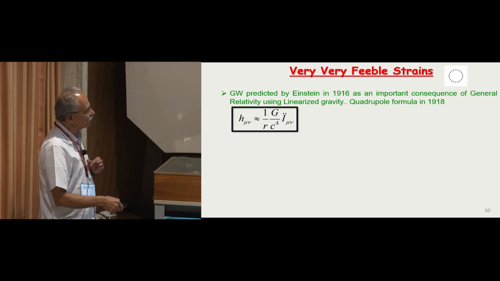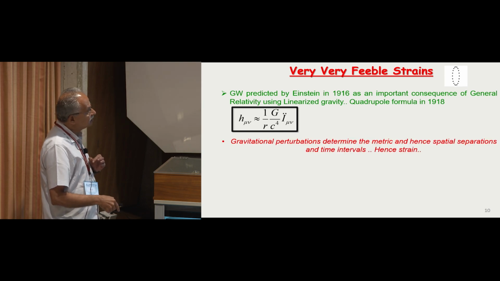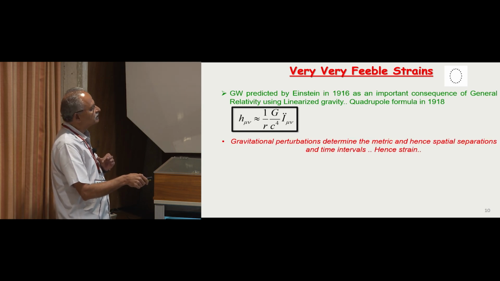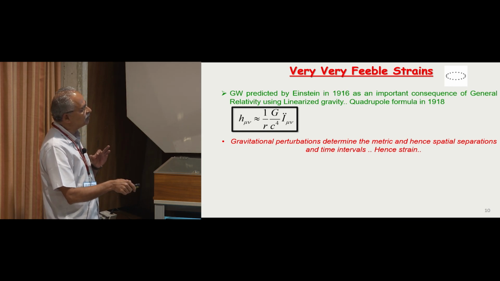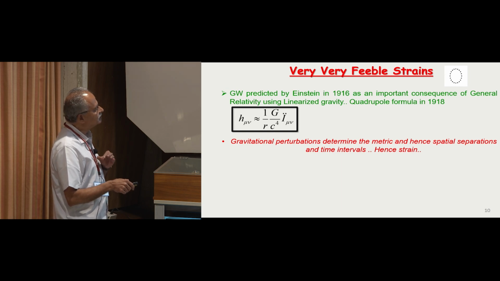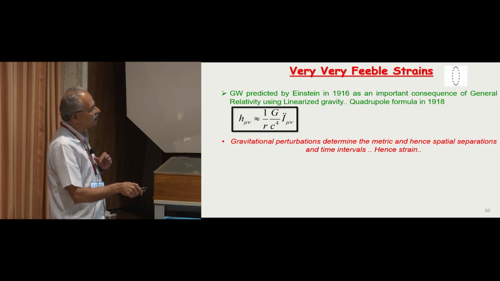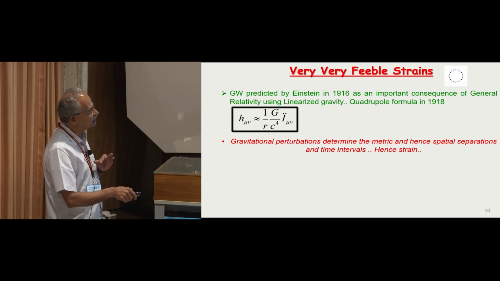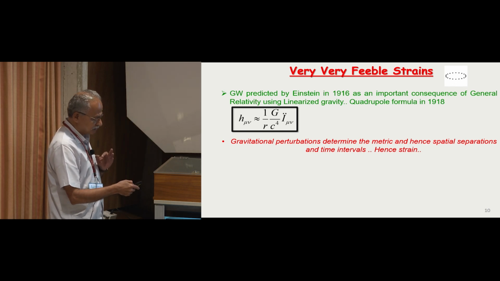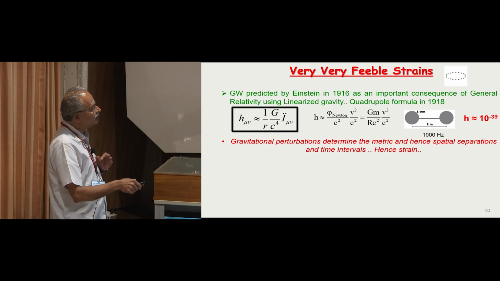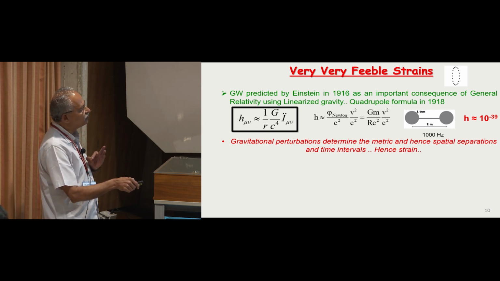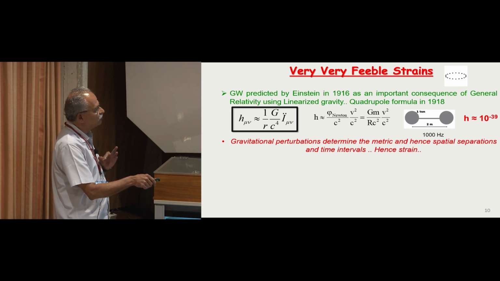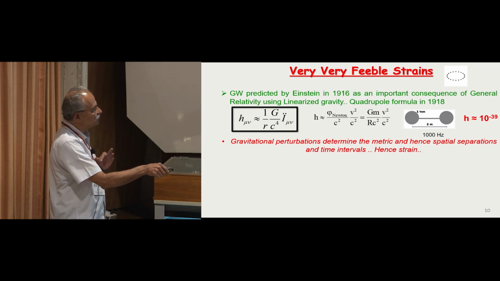So that is the quadrupole formula. Now, if you have gravitational perturbations, that is what will determine the metric, and hence spatial separations and time intervals will be determined by the gravitational perturbation, and hence the strain on a system is really determined by the gravitational perturbation. So therefore, if you ask the following question, how much is the gravity wave strain if you have a system of mass m moving with a velocity v, you will find that this formula reduces to this particular